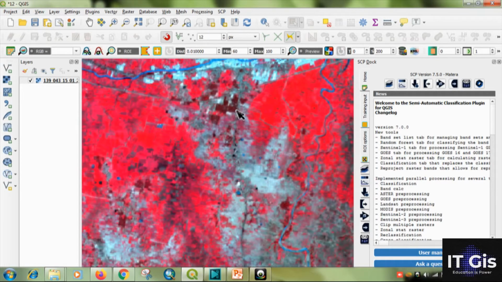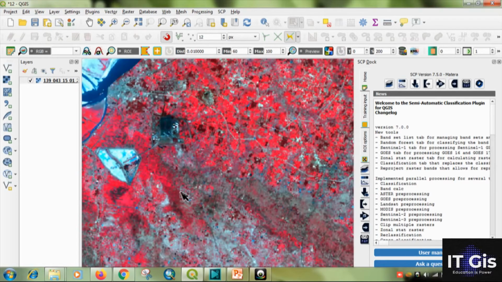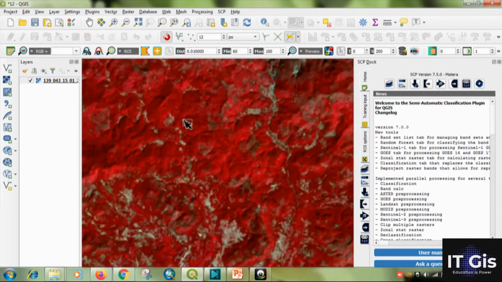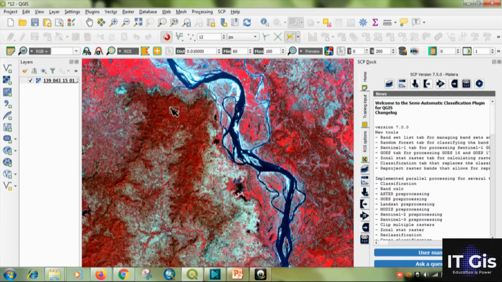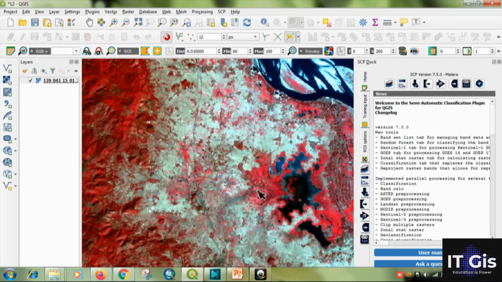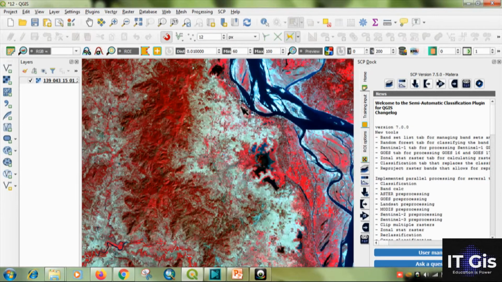You can see this is a vegetation. You can also see vegetation on the other side, like this, and this is a vegetation also, the dark red part of the image. So we see the river, we see the sandy portion, we see the agriculture, we check the vegetation, we see the settlement or built up land, and these are the fallow land, or you can say the agricultural fallow also. So we categorize these six classes.